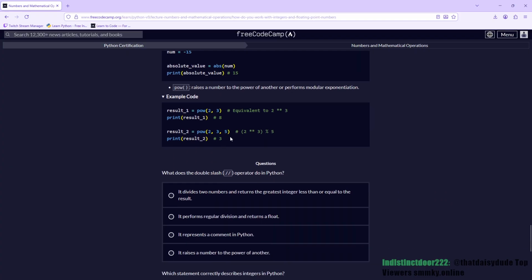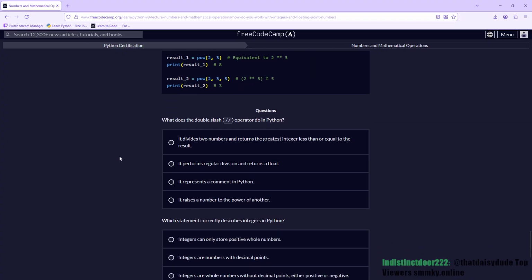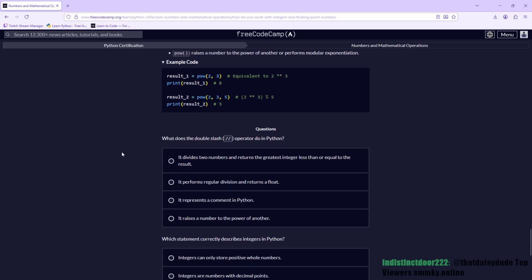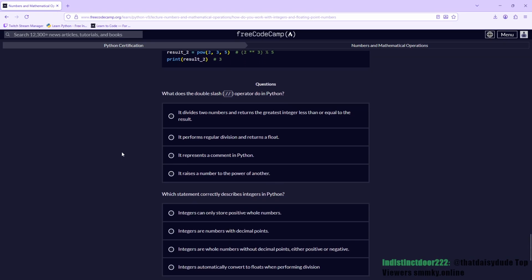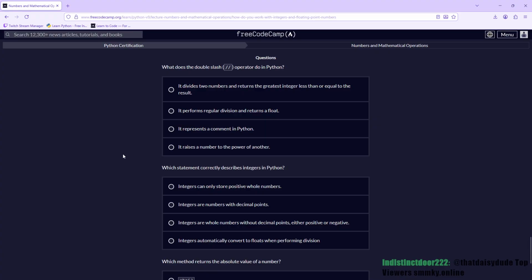That just looks confusing. How would I keep in memory that there's a third argument doing something with this power function? I wonder why it's necessary, when they give you a perfectly good example here, 2 to the power of 3 modulo 5. I feel like I would just always write it out like this because it would be more readable, more understandable, and easier to remember. Oh well. This language was designed by people much smarter and more knowledgeable than I am, so I can't complain. There's a double slash operator, which divides two numbers and returns the greatest integer